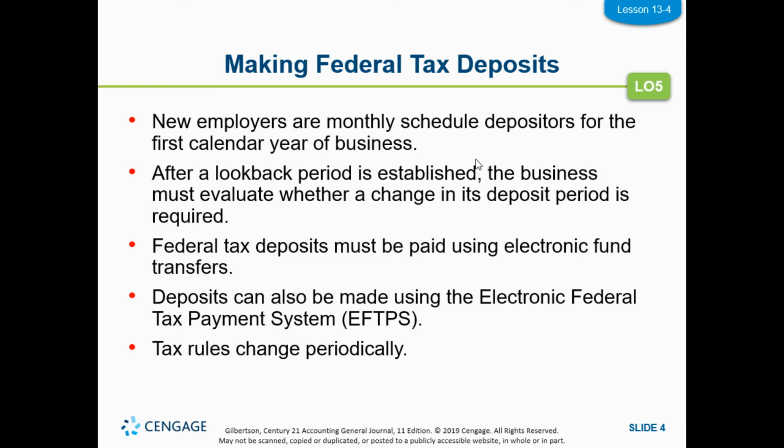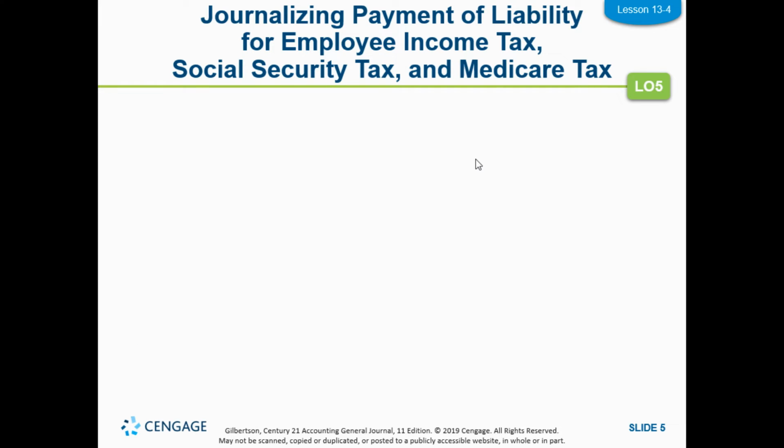And honestly, if you're an employer and you have an employer ID number, they're going to send you bulletins. So maybe through email or maybe through the mail, they'll send you a bulletin if things change significantly where you have to change your date or your amounts or whatever. They'll inform you if you're part of like an email list, or they'll send you the information. So now it's time to journalize this stuff. Okay. And we come down here,